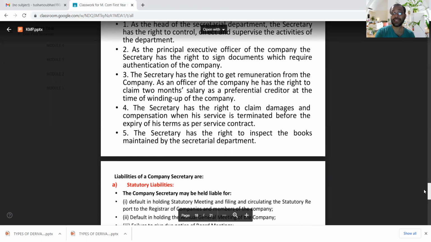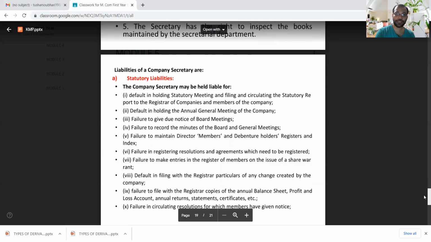Liabilities of the company secretary. Statutory liabilities, the first category. Under that, the company secretary may be held liable for the following: default in holding a statutory meeting and filing and circulating a statutory report to the registrar of the company and the members of the company; default in holding the AGM of the company; failure to give due notice of the board meetings; failure to record the minutes of the board and the general meetings; failure to maintain director, members and debenture holders registers and index; failure in registering the resolutions and agreements which need to be registered;